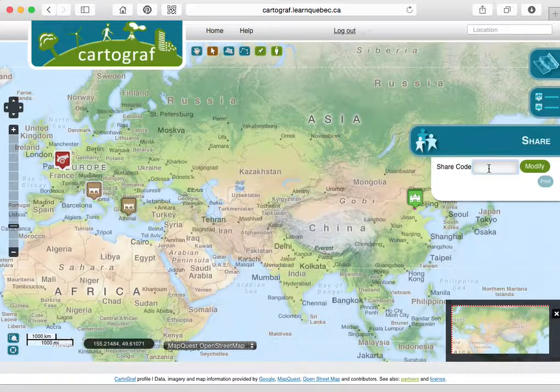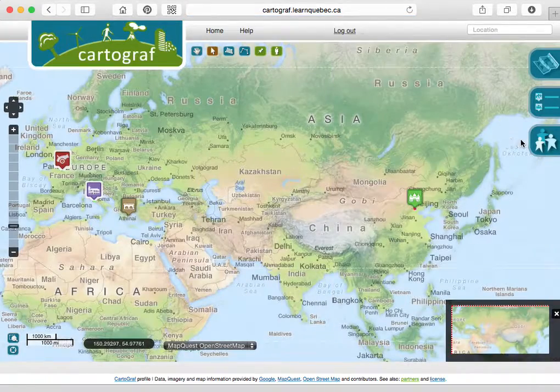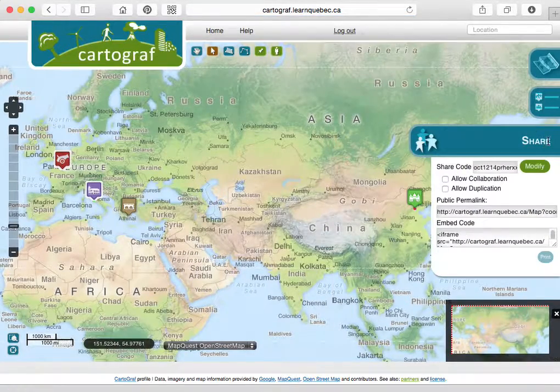Now, if I enter a share code, which should be a non-repeatable code, let's say that includes the date, my name, project, a few extra characters, about 10 characters, press modify. Once I press modify, I have different options in the sharing tab. Now the first and the easiest to think about is just sharing it by a link. This is called the public permalink. So if I copy all this